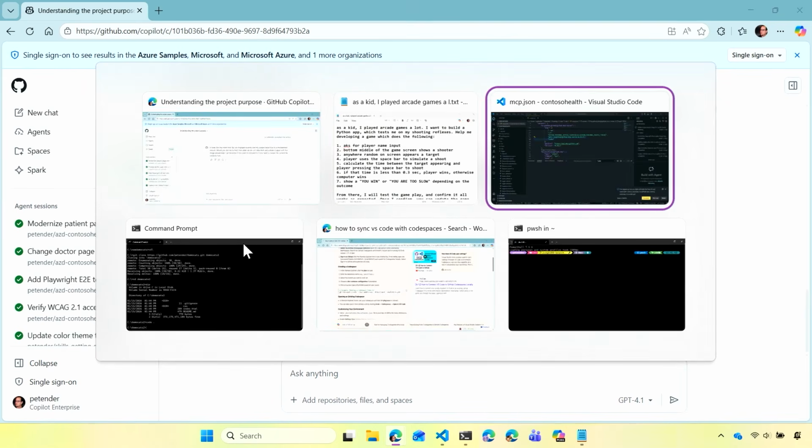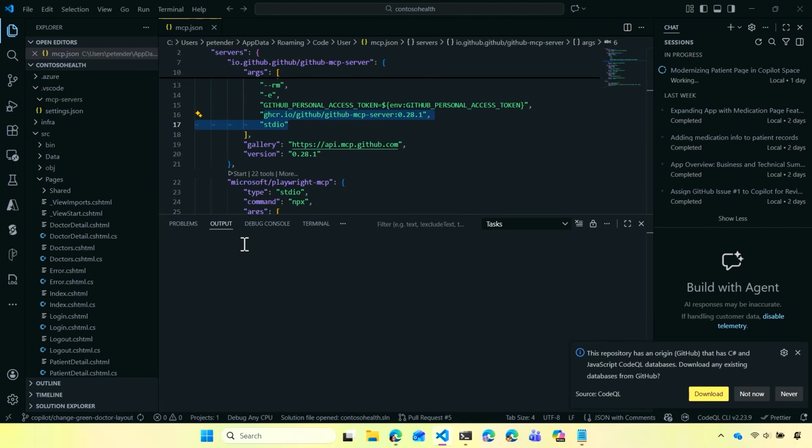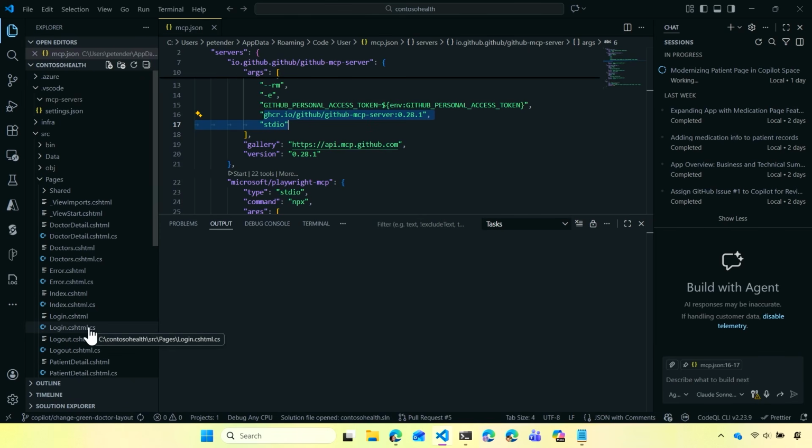This is all happening in the browser, but wouldn't it be cool if we could actually do this from within our development environment? You know that for all my demos, I've been using VS Code, but it's technically the same if you use Visual Studio, IntelliJ, Eclipse, and any other supported development environment. I'm switching to